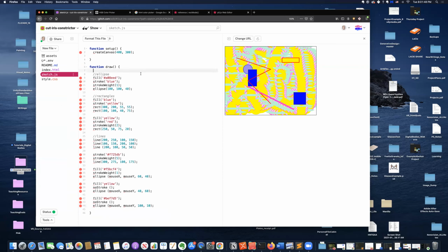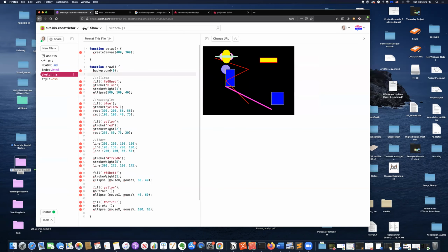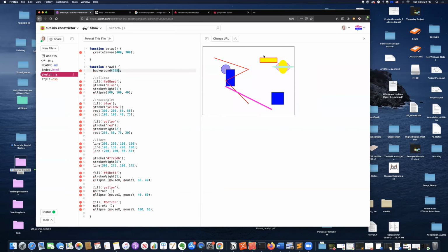If I add a background up at the top, for example, I could put a black background, just 0 is black for RGB. Now when I move it around, the background keeps updating. And so it doesn't make this shape everywhere. I move my mouse. It does, but the background keeps updating as this keeps updating. So it erases it. I can also make the background 255, which will be white. And it's updating that over and over again